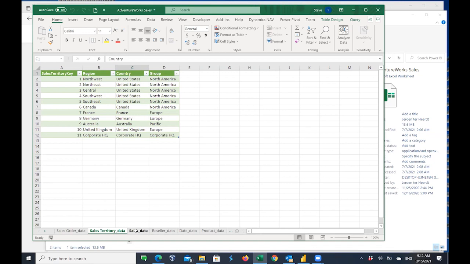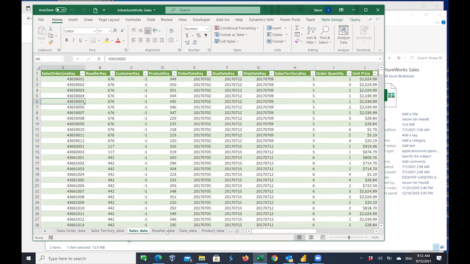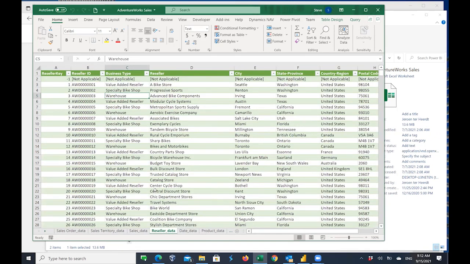We're looking here as well at actual sales data, and maybe we're looking at reseller data, if we want to do some analysis of our resellers. And there's also a table which gives us a date range. Now,